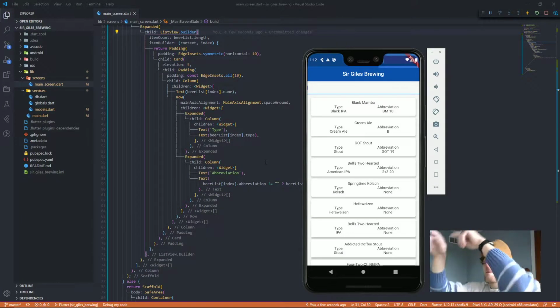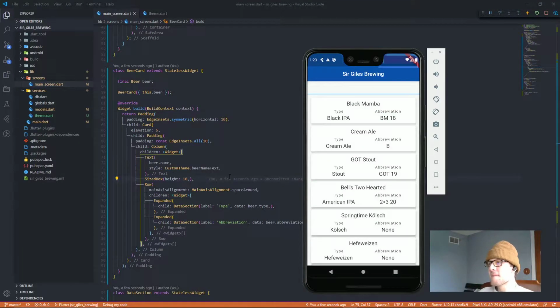And one thing that I just noticed is that some of the beers don't have an abbreviation. So for every beer that doesn't have an abbreviation, we'll put a none instead of just leaving it blank. Nice. Okay, none. That worked. Cool. It looks better now that there aren't just blank cards, but also I'm struggling to figure out what I should do with the design of this app. I'm just gonna start making some tweaks and see how I feel.